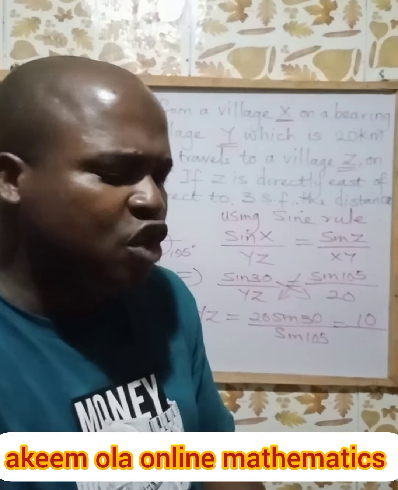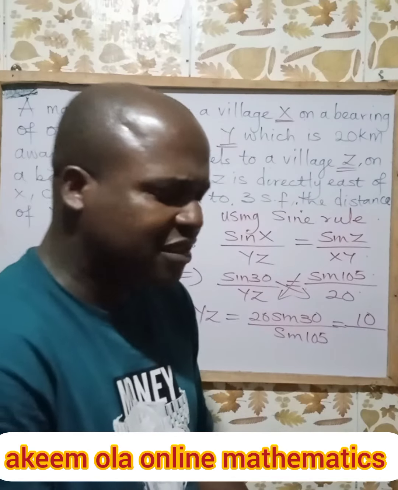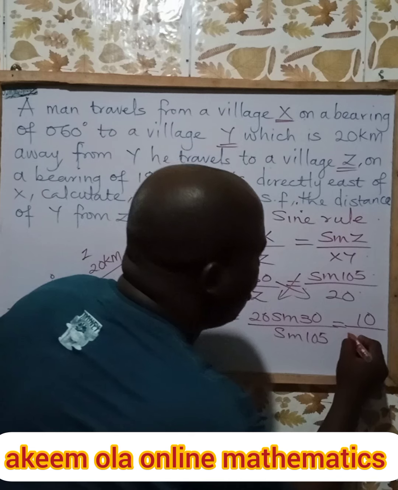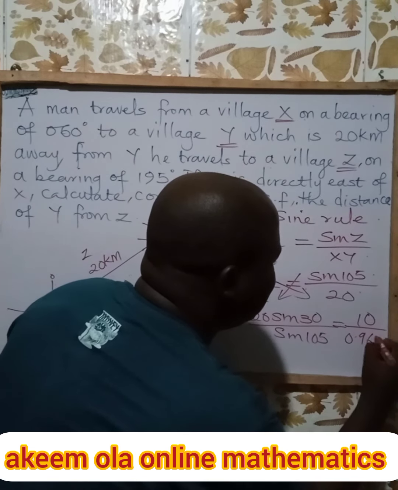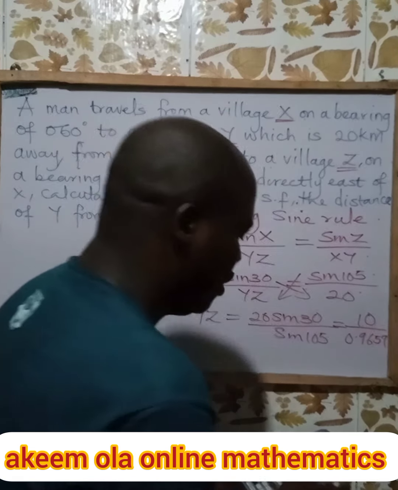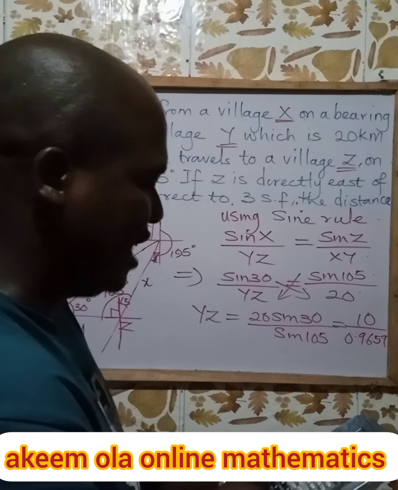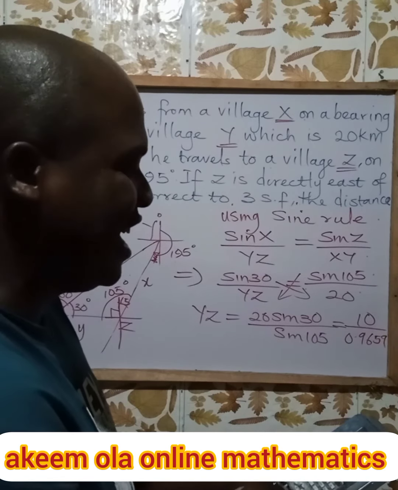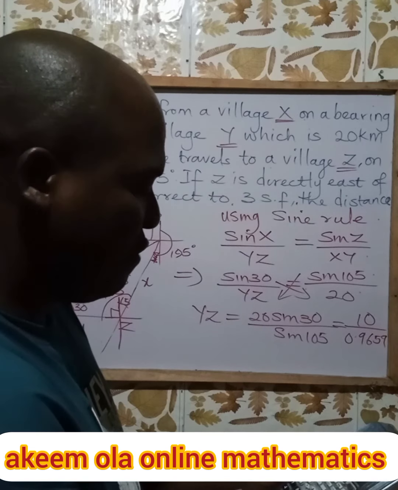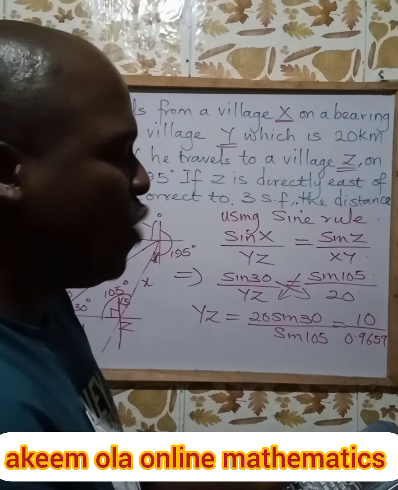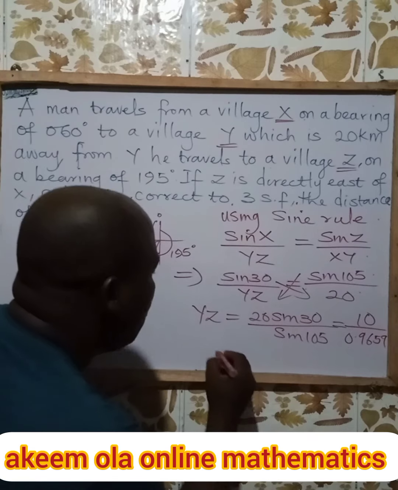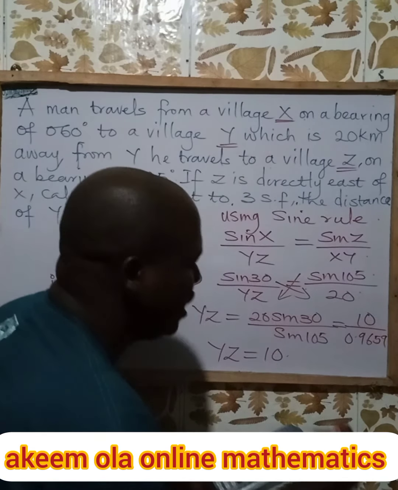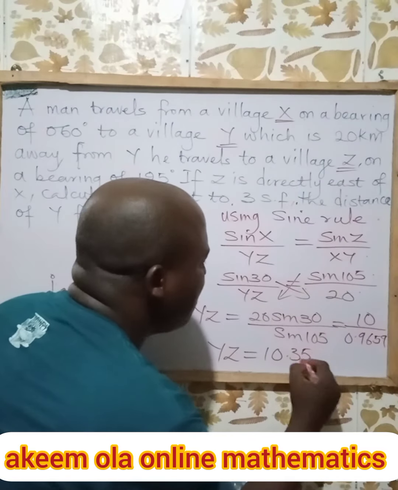Sine 105 is equivalent to sine 75, which is 0.9659. So dividing 10 by 0.9659, we have YZ equal to 10.353